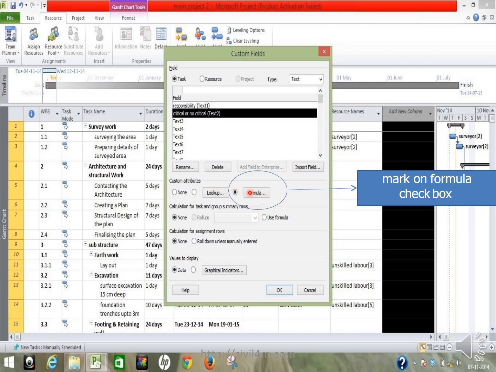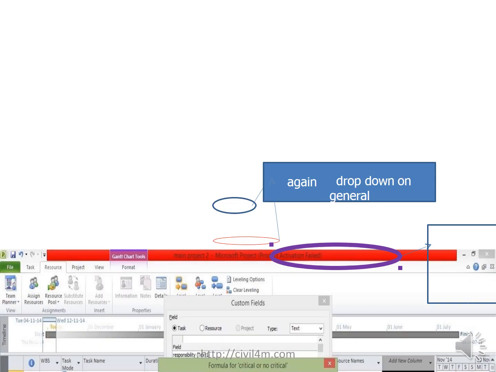Now on the custom field, mark the formula checkbox. Once you click the formula bar, it will automatically pick up the formulas that you are going to give it.